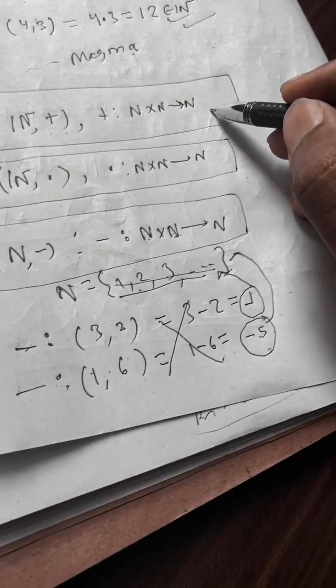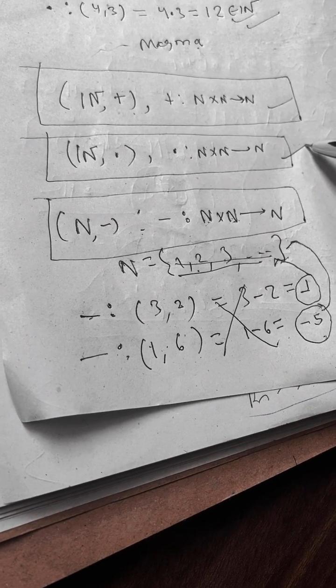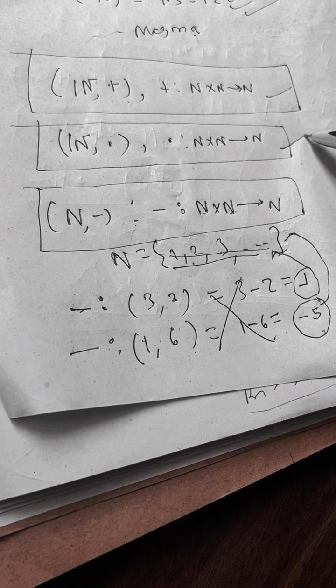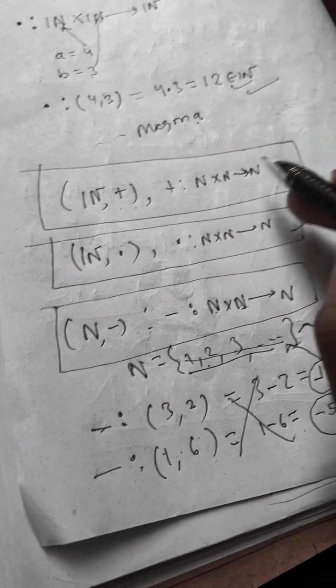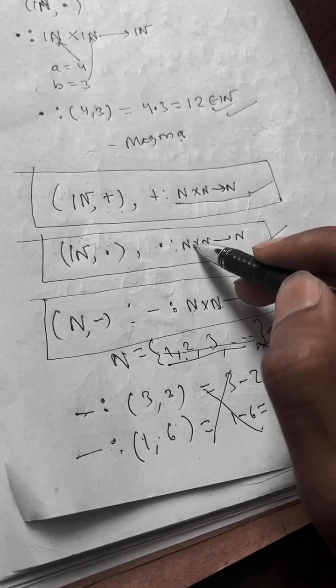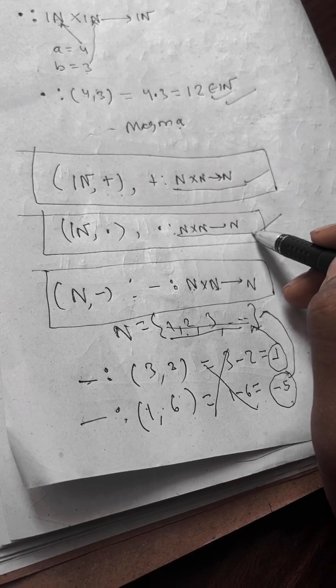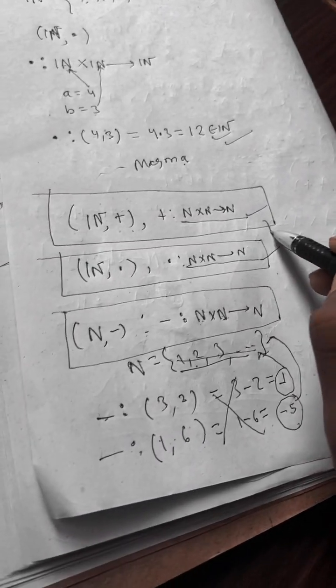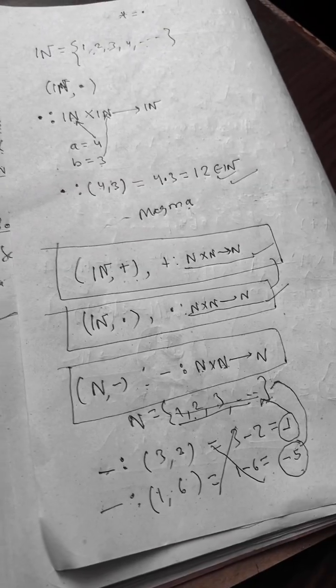Right? Addition is a magma, multiplication is a magma. So what does it mean? It means we can do addition in natural numbers and we can do multiplication in natural numbers. Right? But it is not a very powerful algebraic structure. The next is different. Next example